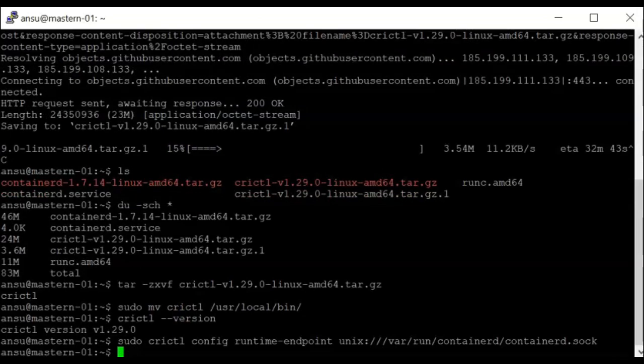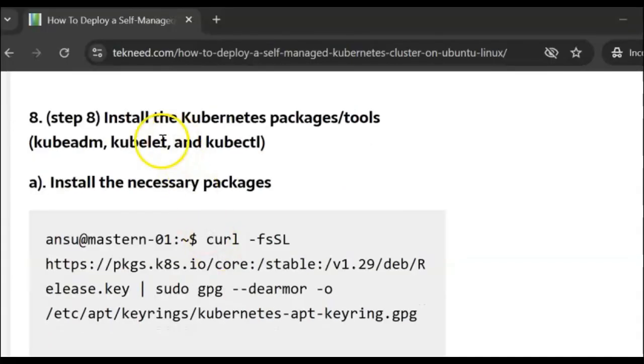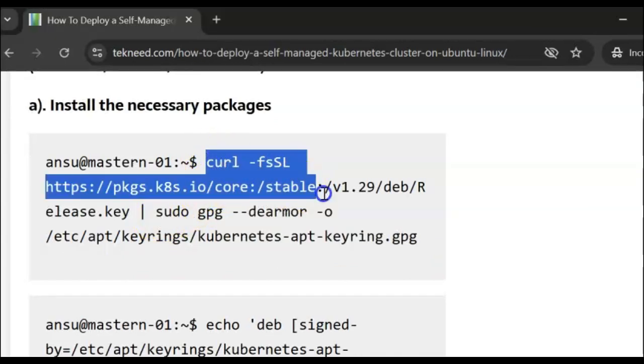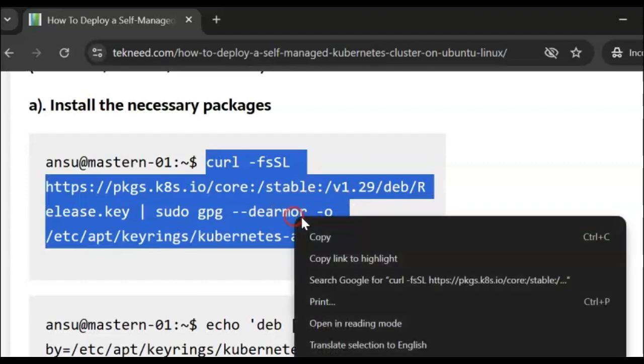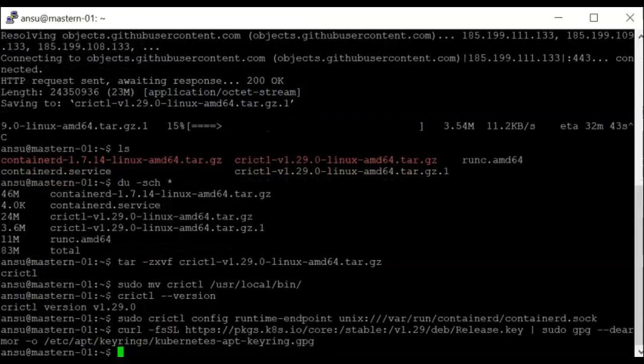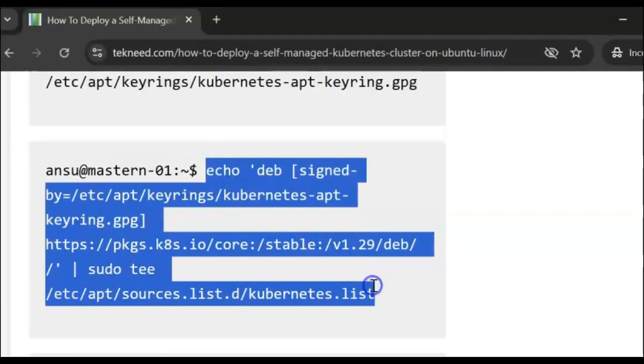And the next step, which is step 8, is to install the Kubernetes packages or Kubernetes tools, which are kubeadm, kubelet, and kubectl. So I'm just going to go to the website and copy that command as well. Before we're able to install these packages using the apt package manager, we need to install the necessary packages for that to work, and also the repository. So I'm just going to copy this, paste this here, copy this as well,